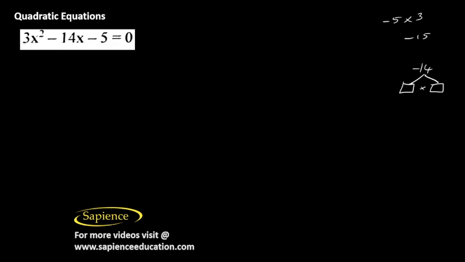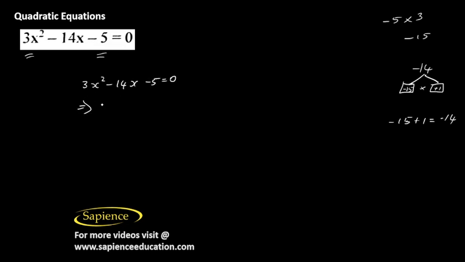The constant term is minus 5 here. Constant term multiplied with the coefficient of x square, in this case minus 5 into 3, that's minus 15, should be the product of the terms that you split the middle term into. So minus 14 can be separated as minus 15 and plus 1. And if you split it as minus 15 and plus 1, when you add minus 15 plus 1, that is giving you minus 14. So minus 14 can be written as